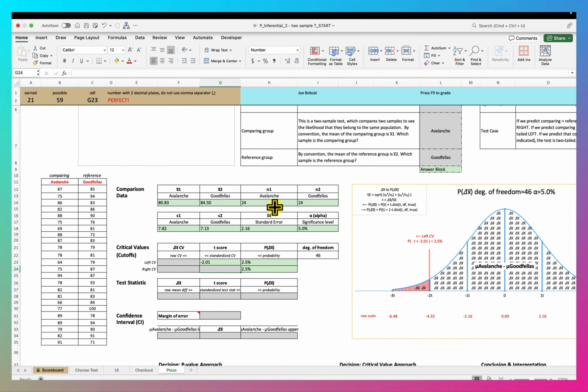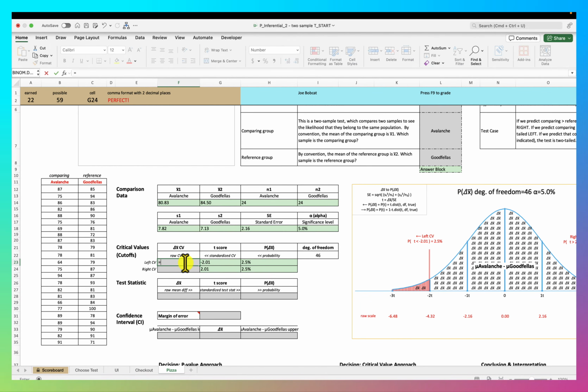It's just n1 plus n2 minus 2 because they're the same length. Samples have the same count, in other words. Okay, and then this is t dot inverse. This time it's 1 minus probability, since we're looking right, degrees of freedom, and delta x bar,